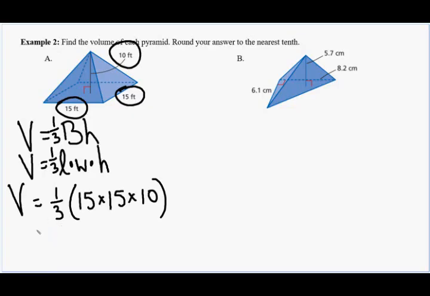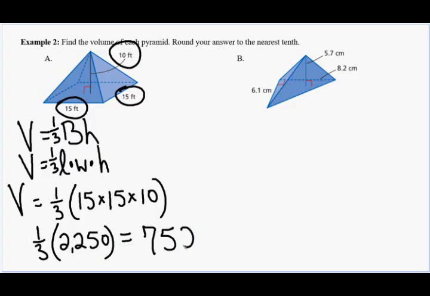And we just punch that in the calculator. Everything in the parenthesis is going to multiply to 2,250. And 1/3 of that is a nice even 750. Our units are feet, so that will be feet cubed, cubic feet. All right, now the next one here,